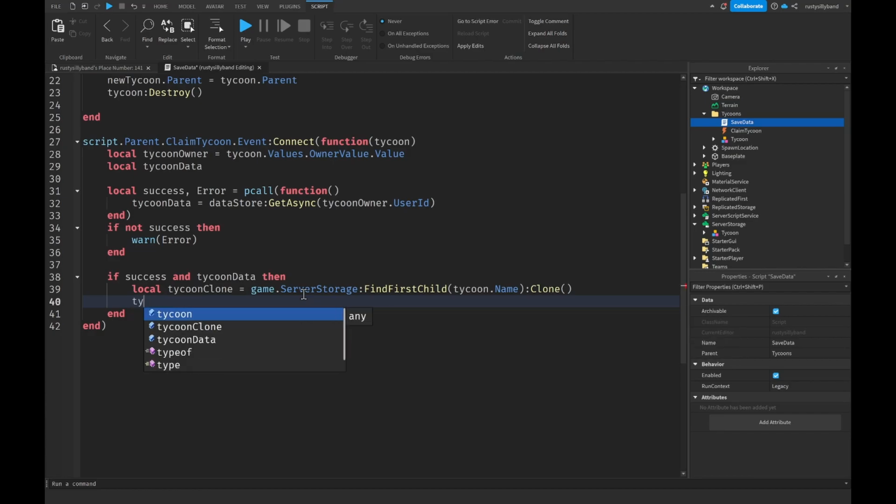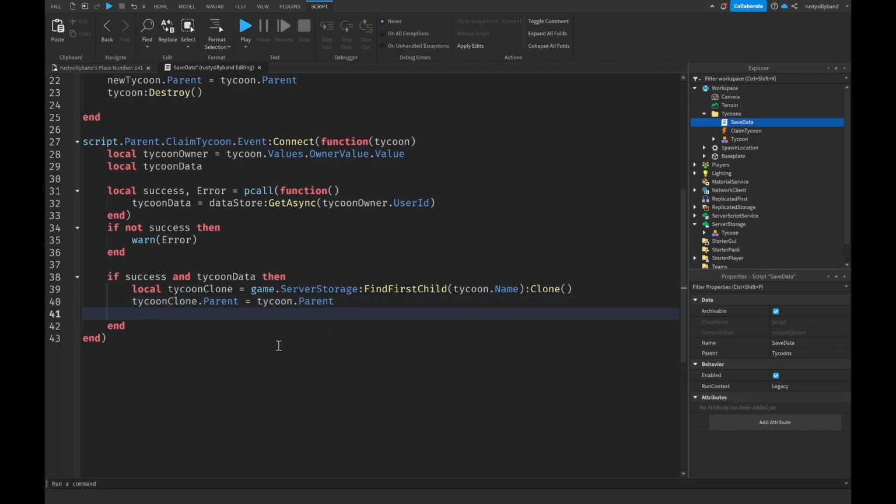Then we want to say our TycoonClone.Parent will be equal to Tycoon.Parent. We're basically setting all the properties of our Tycoon to our Tycoon clone because we're going to be deleting our normal Tycoon when we actually load the player's data. So now we say TycoonClone.Values.OwnerValue.Value equals